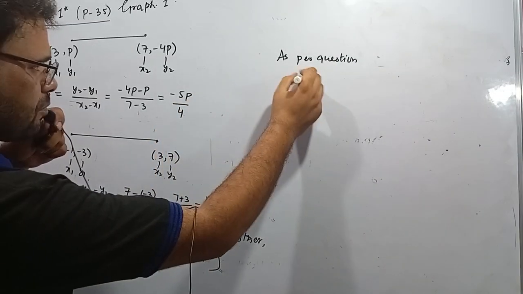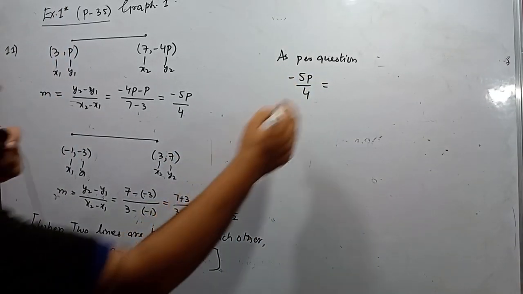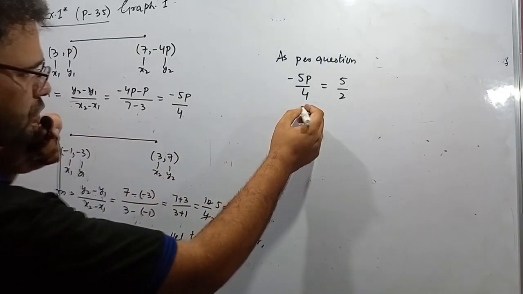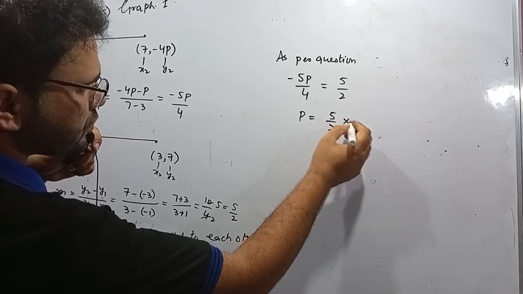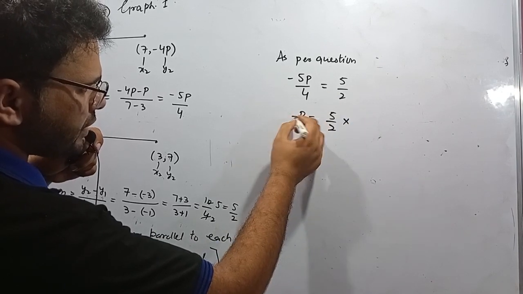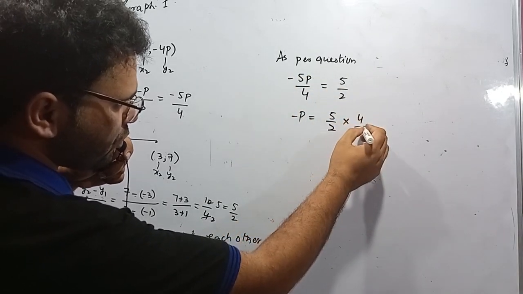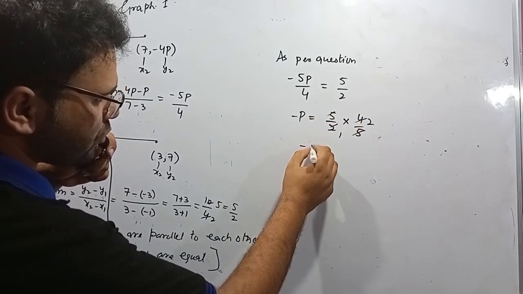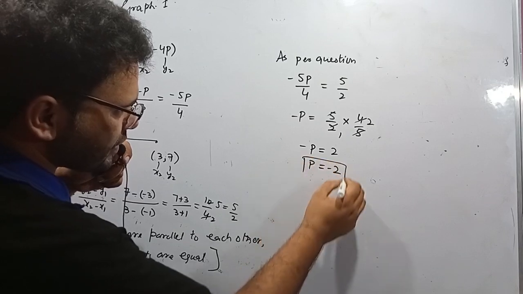This gradient minus 5p by 4 equals this gradient, that's 5 by 2. Now here I will do the transposition. P is equal to 5 by 2 into the reciprocal of this, 4 by 5, minus. I will write minus p is equal to 5 by 2 into 4 by 5. 5 5 cancel, 2 1s are, 2 2s are. So minus p is equal to 2. I can write p is equal to minus 2. This is the answer of the